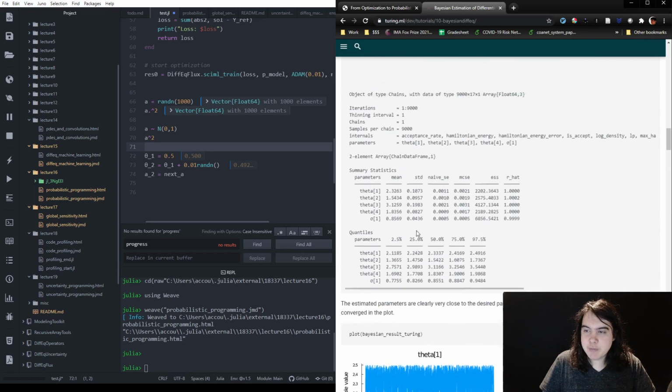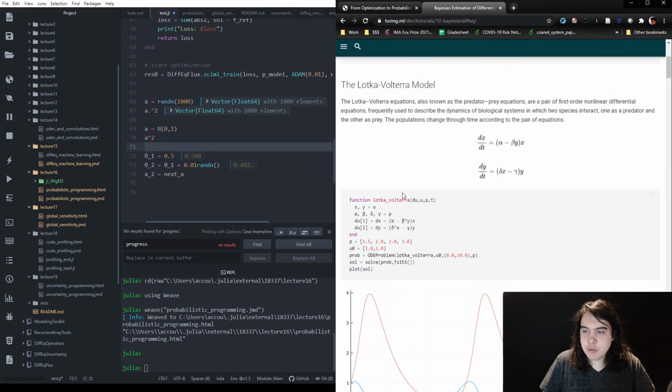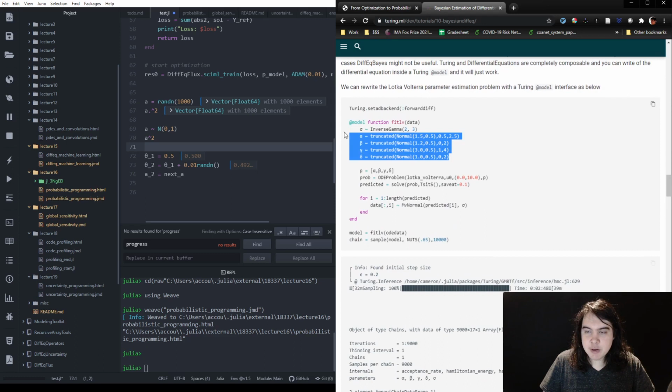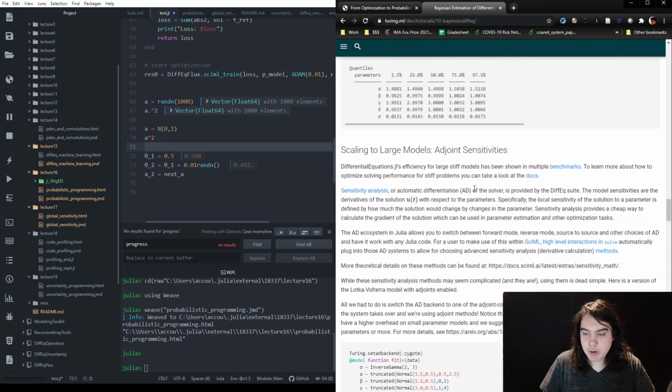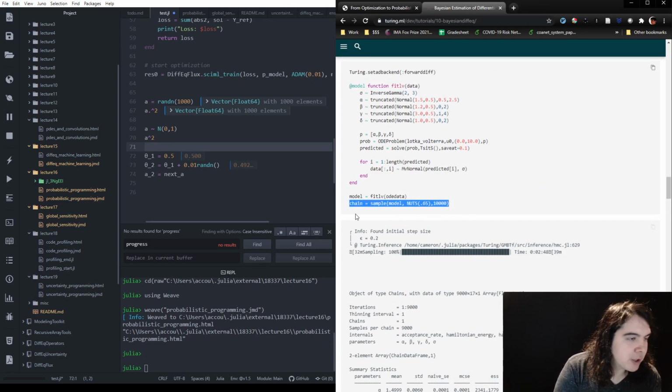So given this data that we generated where we know the true parameters, let's do a probabilistic estimate for what the probability distribution is on alpha, on beta, on gamma, right? So that's what Turing spits out, and it starts by giving you a few things to really try to understand